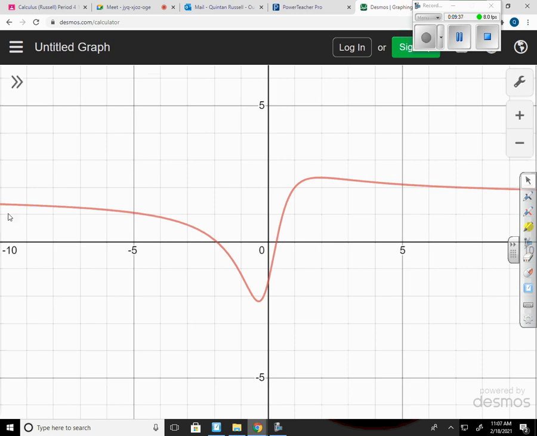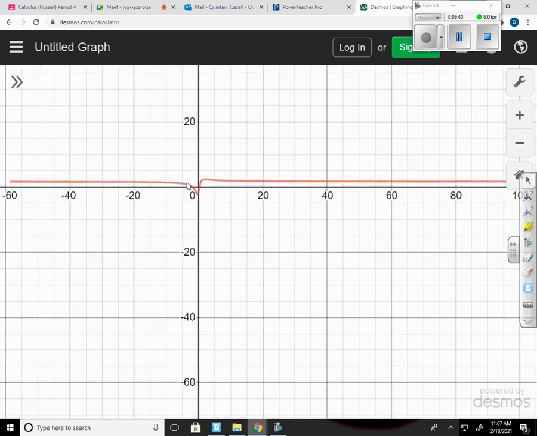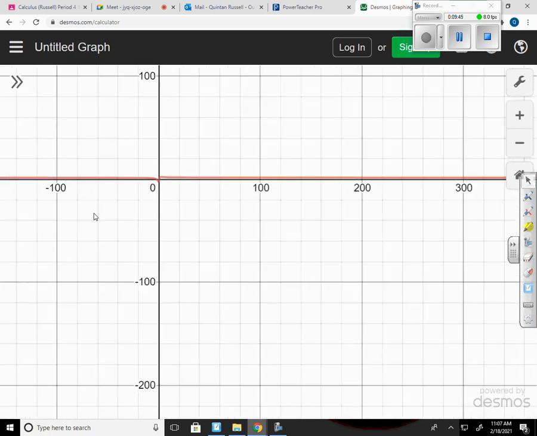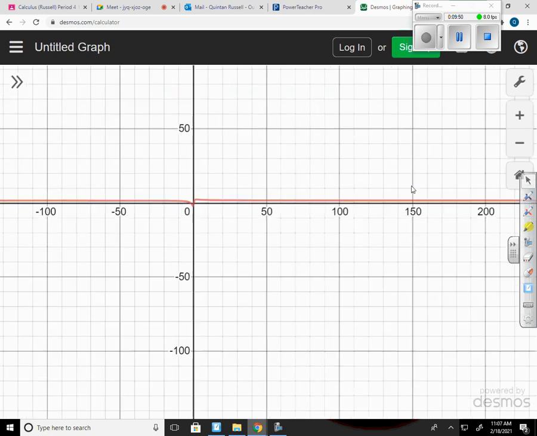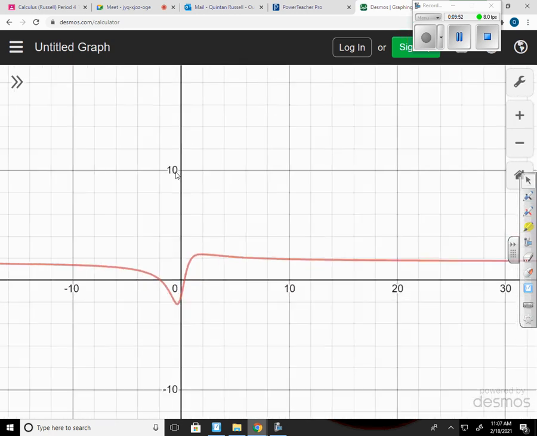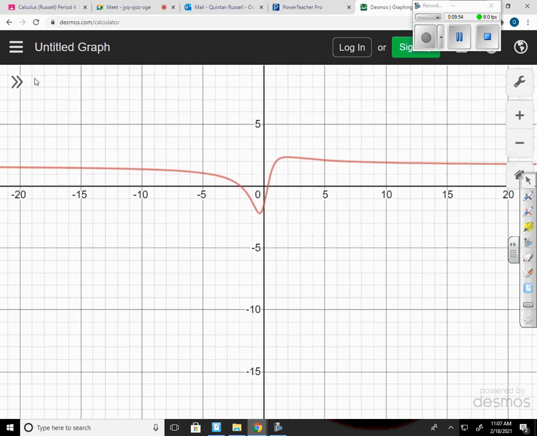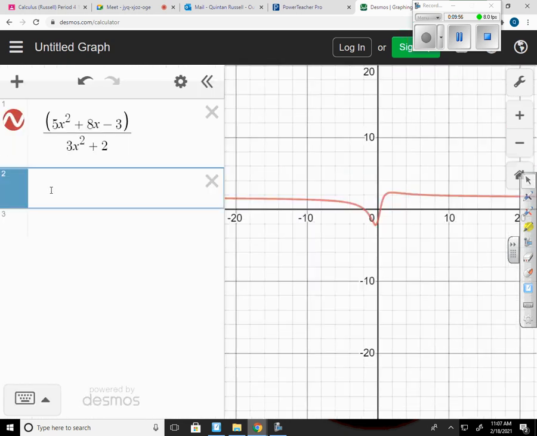Okay, so if I'm looking at this now, I have a horizontal asymptote that I can't see yet. But as you look at this, you zoom out, you can see that my line kind of just flattens out. It doesn't go any lower, and that's because I have a horizontal asymptote at 5/3. So if I just do y equals 5 over 3,